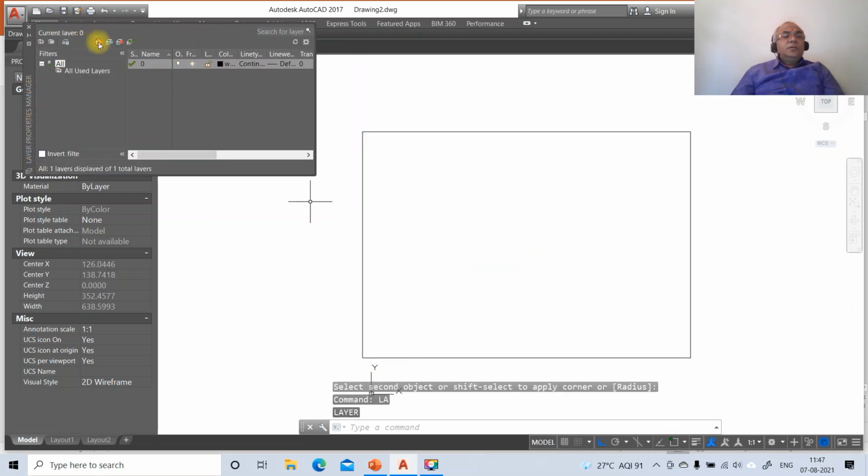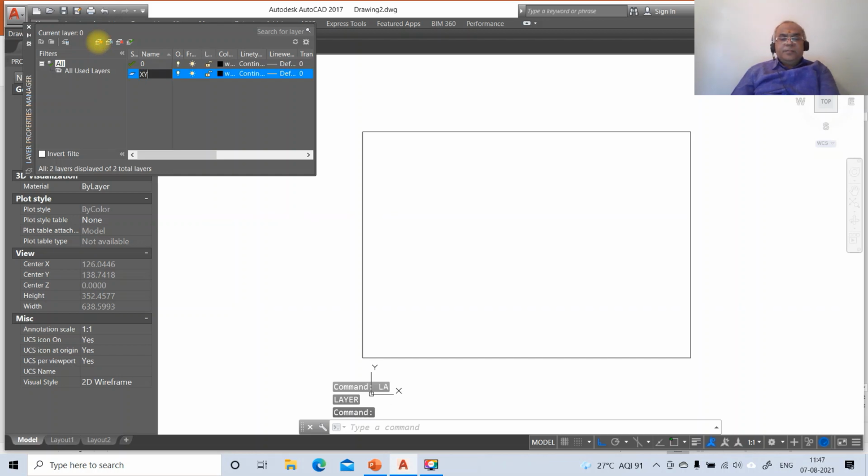Click on new, type the layer name XY, enter, click on new, type the layer name front view, click on new, type the layer name top view, click on new, type the layer name side view. Then go to layer 0.